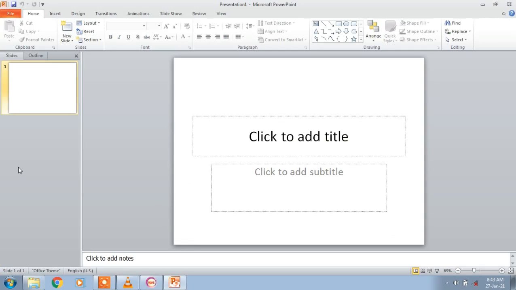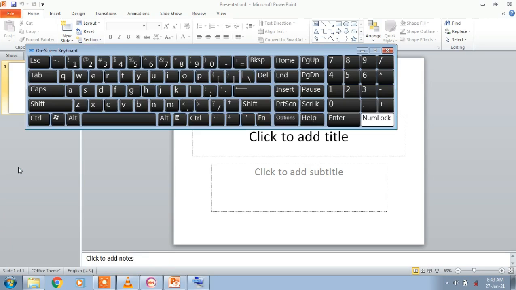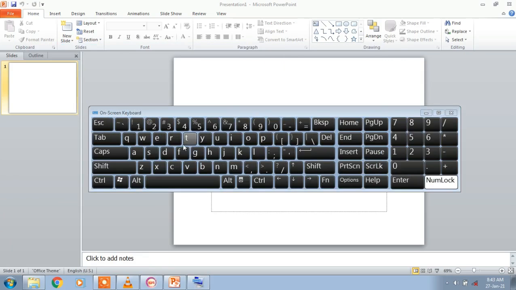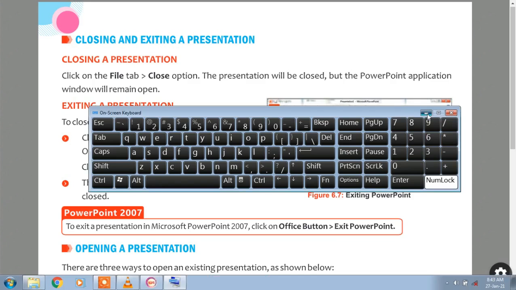You can use a shortcut key. You can press Alt plus F4. See here, I'll open a keyboard. On your keyboard, you have to press the Alt plus F4 buttons. First of all, let me activate the function keys by using this Function button. Now see, when I press Alt plus F4, the presentation gets closed. So in this way, you can close the presentation in 2-3 ways. Whichever is convenient for you, you can use that option.